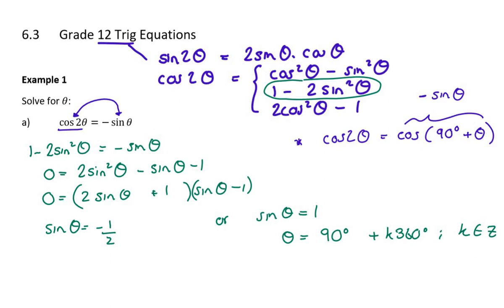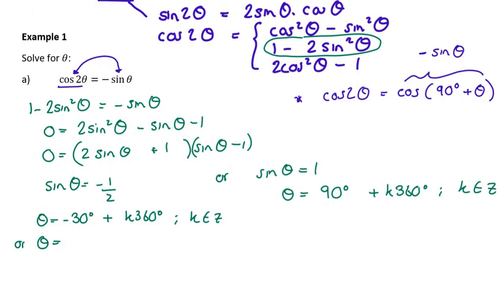Sine theta equal to negative a half, not a problem. Shift sine negative a half and you get negative 30 degrees. So it's negative 30 plus k 360. And then don't forget that your second solution for sine is 180 minus. So you do 180 minus negative 30, so it'll be 180 plus 30 in the end, which gives me 210